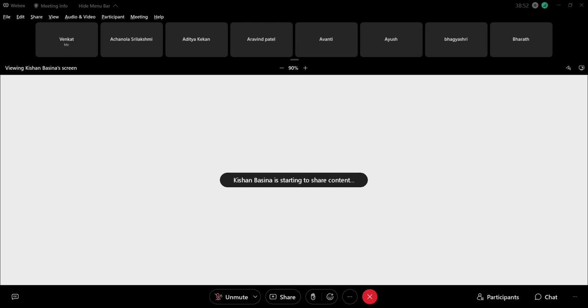Okay. Now, what do you mean by method overloading? Writing two or more methods